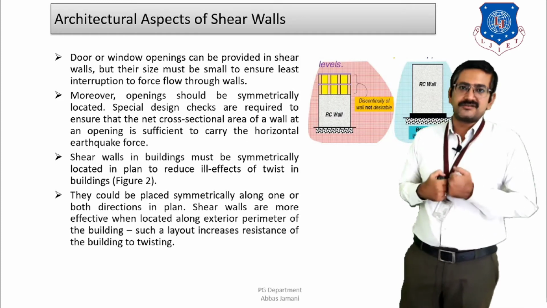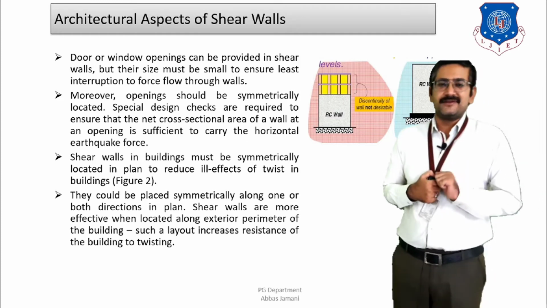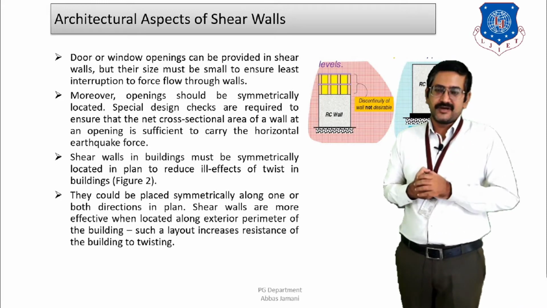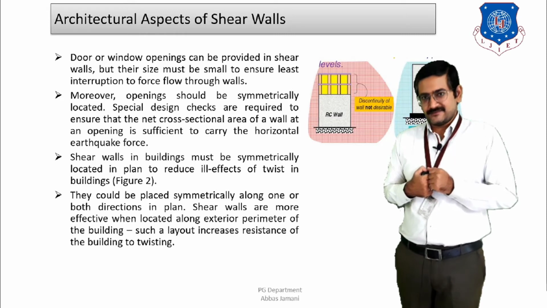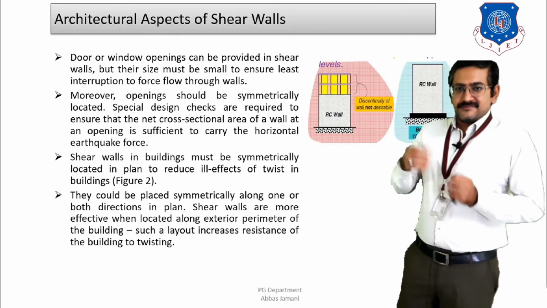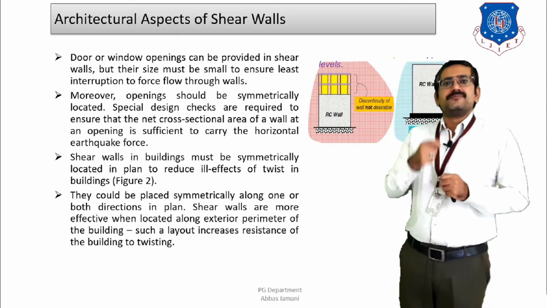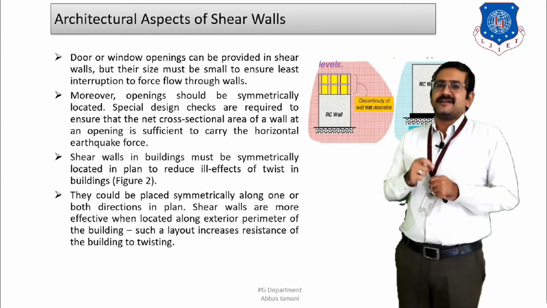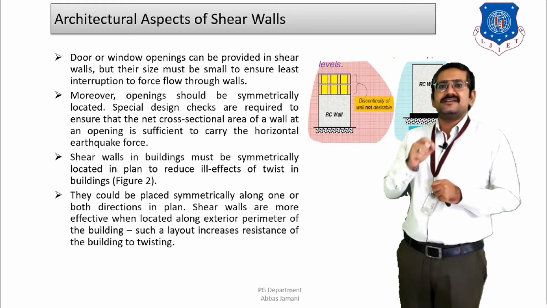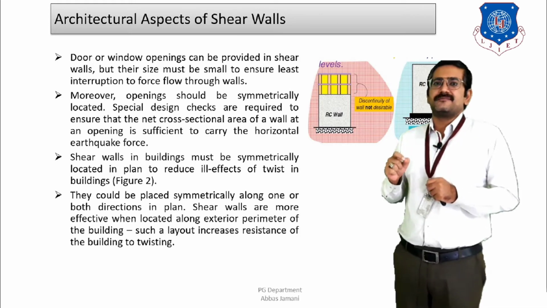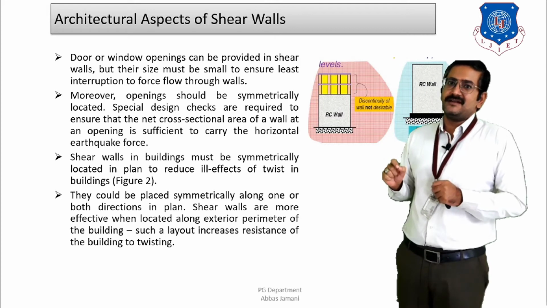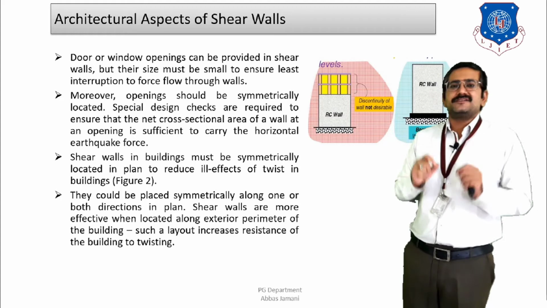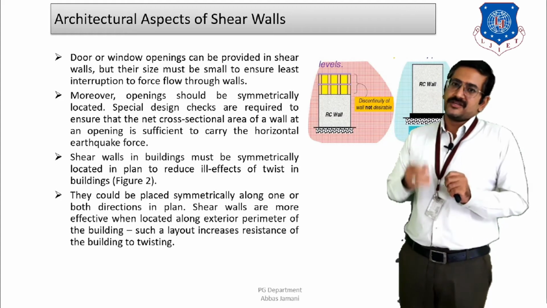But when you talk about shear walls, where the reinforced concrete element is going to be there, then the question arises: what is the type of opening that we provide, and what is the location of the opening that we can have? The door and window openings both can be provided in the case of shear walls also. But the size of these openings has to be limited. Why does it have to be limited? So that the transfer of forces is not interrupted from the floor level to the foundation level, and the smooth transfer continues. If this criterion is satisfied, then a sufficient number of openings can be provided along the profile of the shear wall.